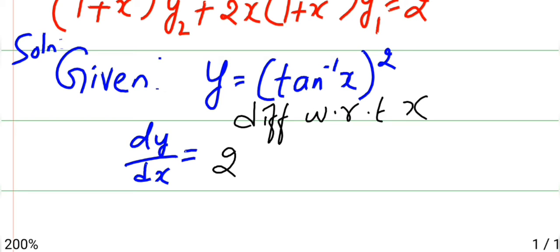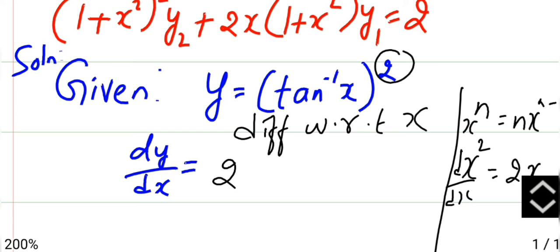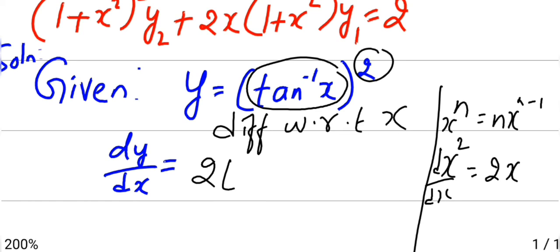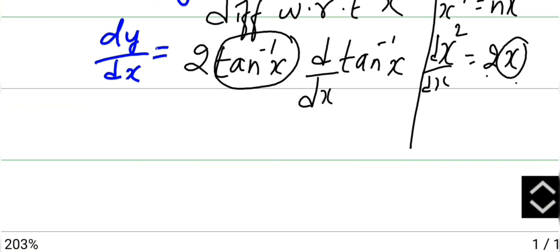first you will differentiate the power. So if I have x square, differentiation is 2x. That is, you are using the formula x power n, that will be n x power n minus 1 formula for differentiation. Now applying the same formula, I get 2 of, in place of x I have tan inverse. So write the tan inverse as it is, tan inverse of x. Now we have 2x, in place of x whatever term we got, we have to differentiate that once again. So it will be d by dx of tan inverse of x. That is chain rule we are doing here.